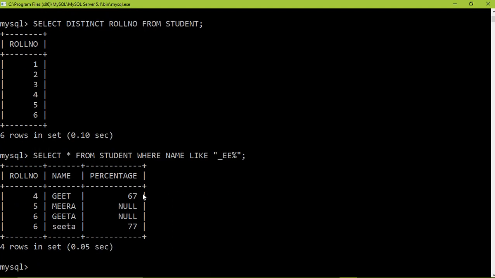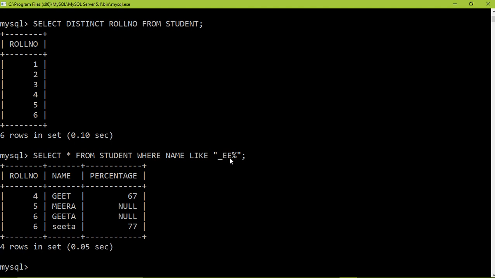You see, now first letter can be anything, means it can be G, it can be M, it can be S. Second and third letter has to be double E. So you can see in all these cases we have double E. Okay, percentage means rest all characters are acceptable, whether there is one character, two characters, 3, 4, any number of characters are acceptable after this.